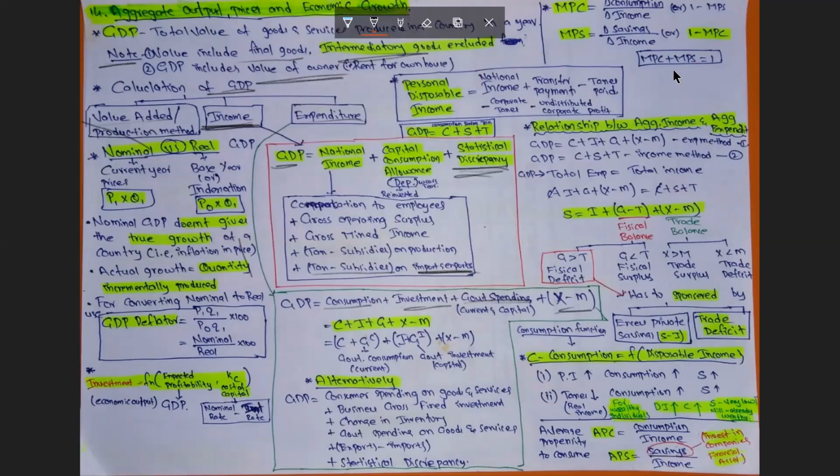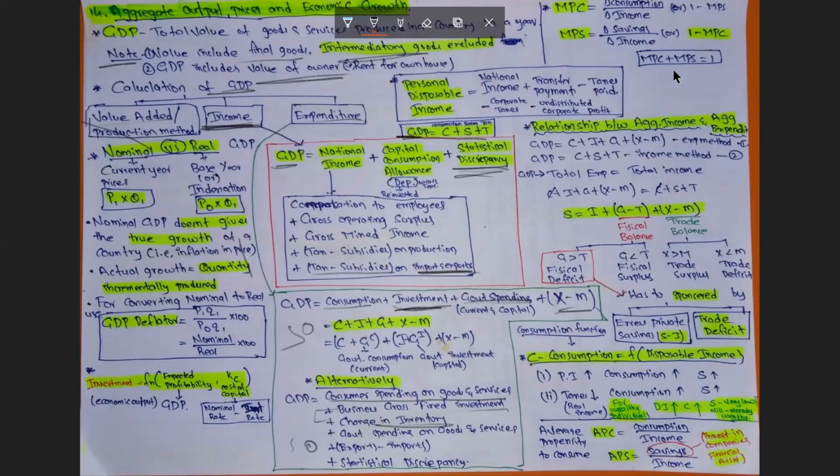So GDP can also be calculated by using consumer spending on final goods and services plus gross business fixed investment and change in inventory. These both are treated as investment itself, plus government spending plus exports minus imports and statistical discrepancies. Of course, the terminology changes here, but both are the same. Then GDP in the income method can also be calculated as consumption plus savings plus taxes, because whatever income is generated by the population is either consumed or saved after payment of tax. So GDP is equal to consumption plus savings plus taxes.